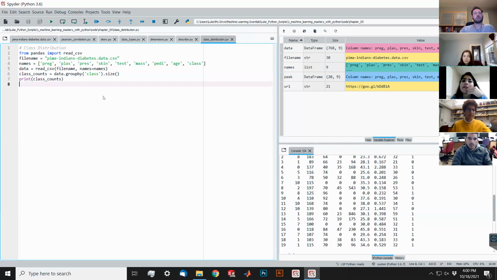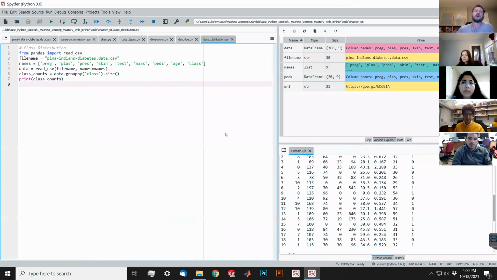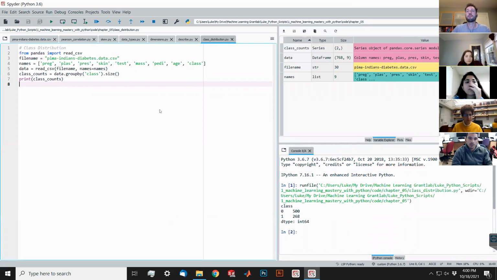So that now we're starting to get into that analyze data part of this. So essentially you have your data, it's loaded into Python. How do you actually visualize it, and how do you actually understand what you're dealing with? So here, if I run this file, so this is class distribution.py. I'm just going to open up a new console here. I run this,